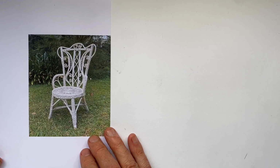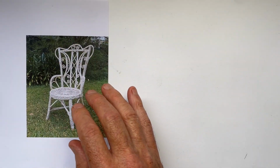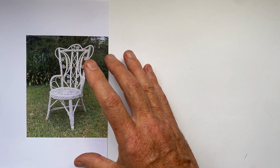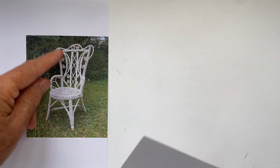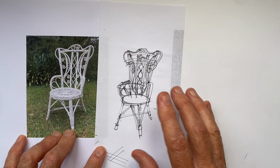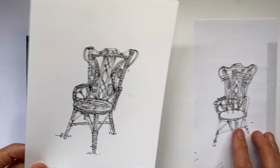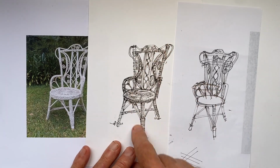Another unusual subject for me, this fairly ornate cane chair. And the main thing with my mark making time was really to get a sense of the proportions and of the way the different parts fit together and the relationship between the various parts of the decorative elements. And so this was how that looked, which again was considerably useful in helping me get things right with my